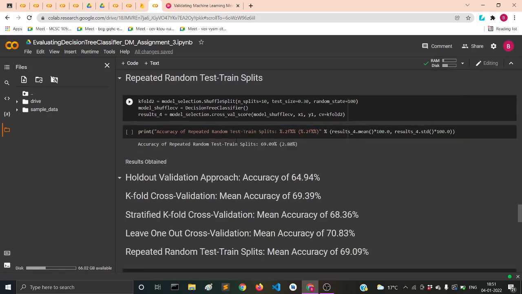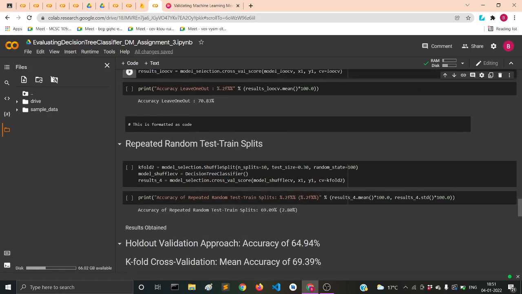Now the last one but not the least, we are using the repeated random train splits. This is a kind of combination of the train test split which we studied in the start, and also a combination of the k-fold and the random train test split, and that's the last option with us.